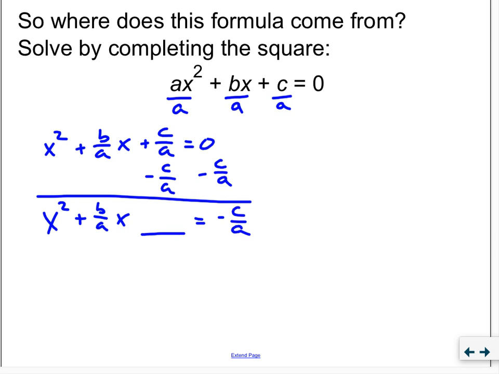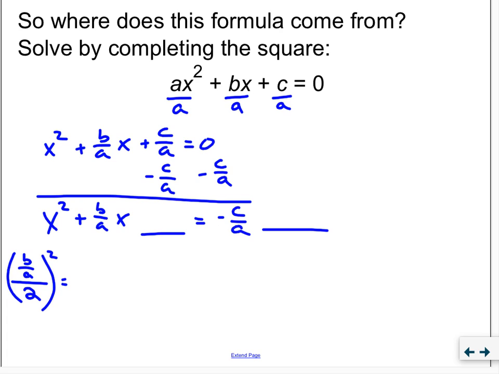Remember, I've got a blank space here. So we've got to complete the square with that blank space. The way we do that is we take our value in front of the x, the b over a, divide it by 2, and square it. So when we do that,